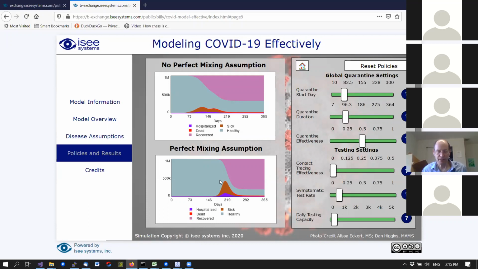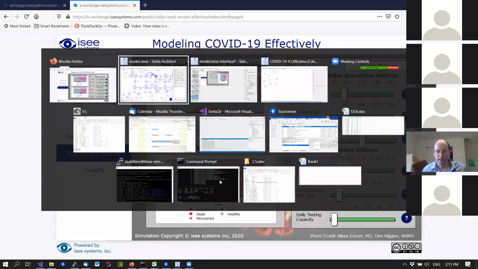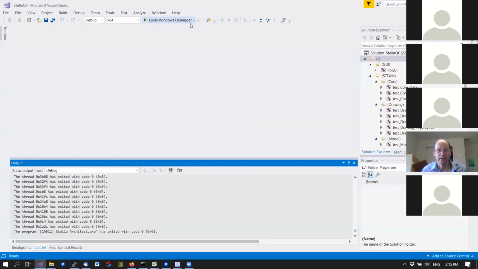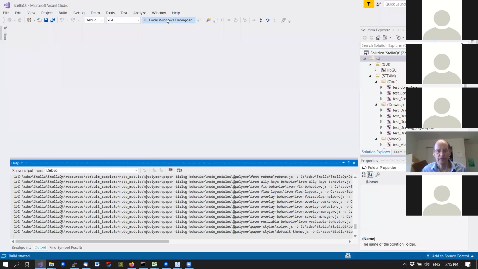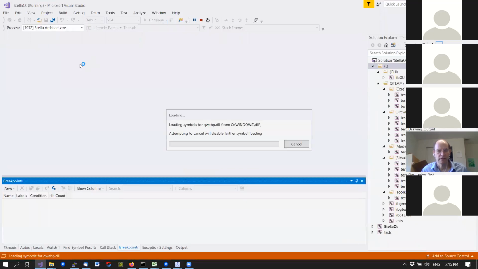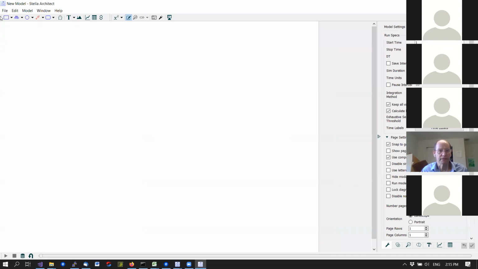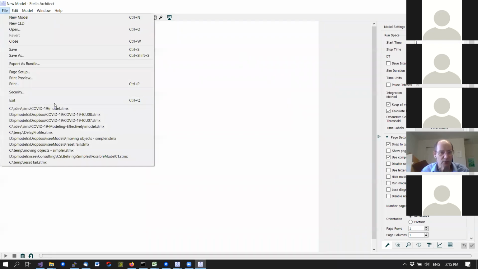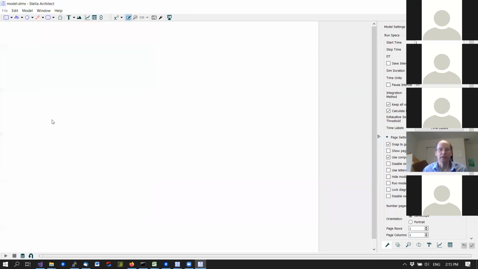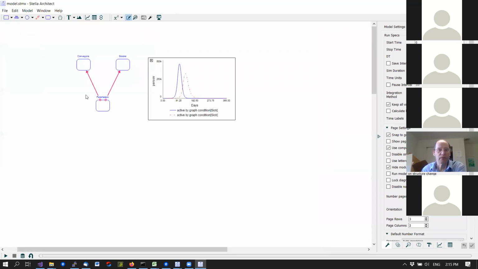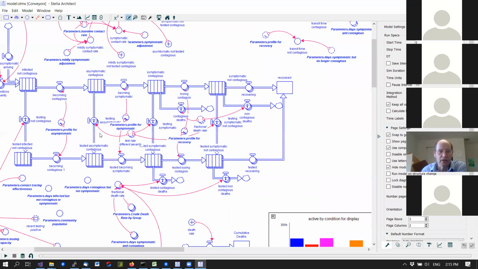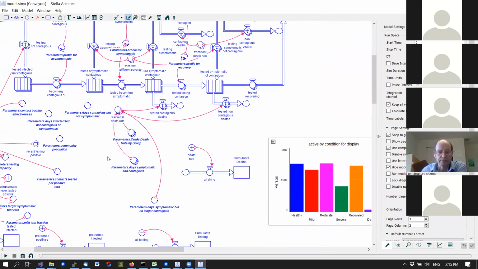So what I want to do is actually jump to this model, which I'm going to have to do in a different version of Stella because it's using a feature that's not yet available. So this is Stella 2.0. I'm not going to show you the cool 2.0 stuff just now, but I have COVID-19. This one. So this is the structure of the model we were just looking at a minute ago, with the conveyors